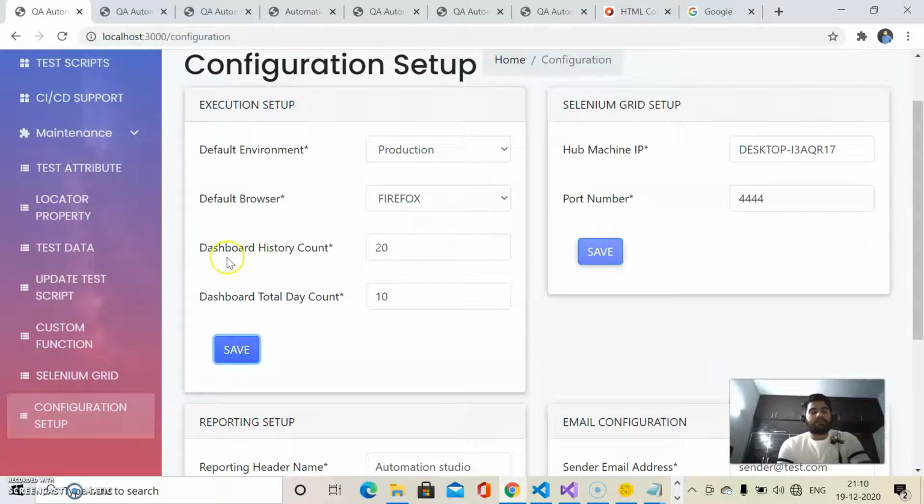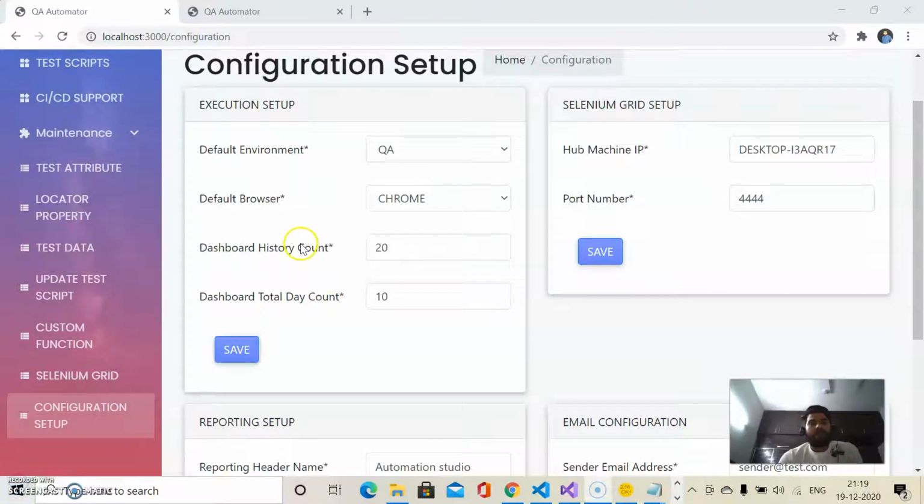Coming to the remaining two fields, dashboard history count and dashboard total days count. The dashboard history count provides the summary trend for the last 20, or depending upon the value selected, execution reports. Right now the value is 20. So let me open the dashboard page.